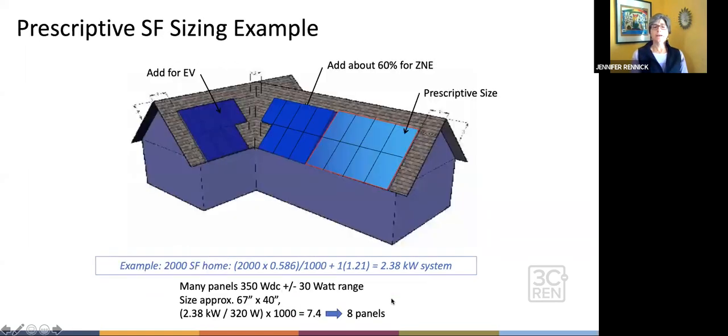Okay, next slide. What that means is, rule of thumb, say you're going to use a panel that's approximately 67 by 40 inches. That's a typical size panel. It's going to produce about 350 watts DC. It could be 380, it might be down to 320, but usually if you took 350 as a rule of thumb, or took the lower end and said 320 watts, you could take the 2.38 kilowatt size you need and divide it by the 320 watts of the panel times 1,000, and that's going to equal 7.4 panels, but you've got to round up. You can't have fractions of panels. So 8 panels is what you need to size for, and each panel being about 67 by 40 inches,